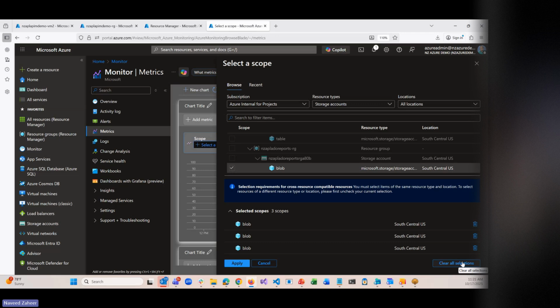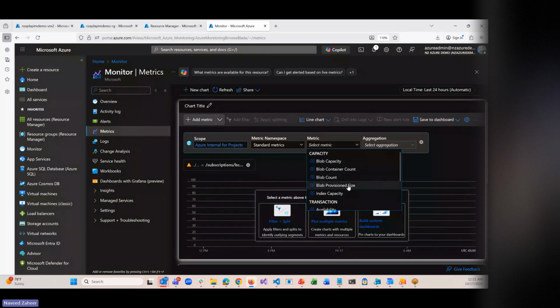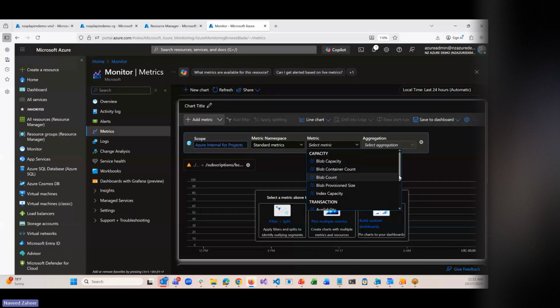So first of all, grouping these metrics together. Once again, I cannot do blob and table in a single scope. I have to do one type. I have to do either blob, table, queue, or file. I cannot mix them. Just keep that in mind. So as you can see, all blobs are here. So let's add them. And by the way, what I'm going to do here, I'm going to pick